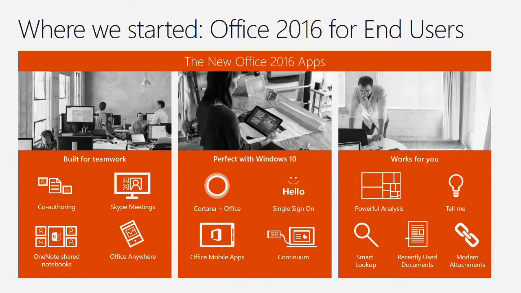So if we look at where we started with Office 2016, we kind of have 2 different slices, and this is really more around a value prop of trying to say, here's what you get with Office 2016. If we look at it from an end user perspective, you're looking at the feature sets around co-authoring, allowing users to do collaboration across your organization, streamlining a lot of those feature sets so that end users can work together, and use features like Cortana and Search, things of that nature, to help them be more productive when they're in their actual Office client.